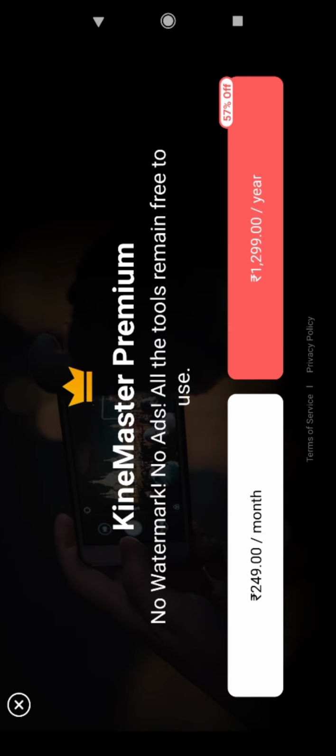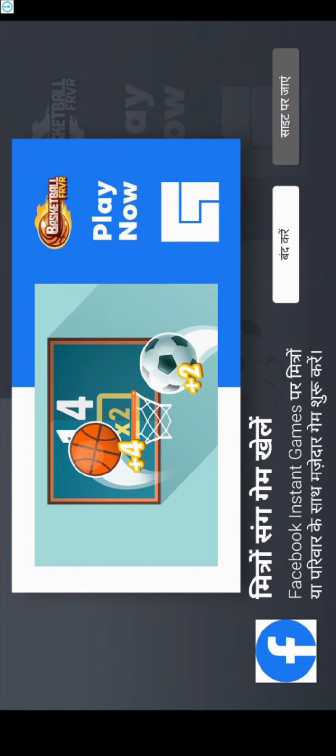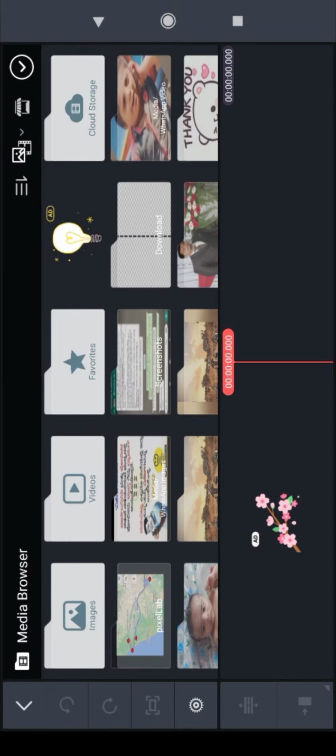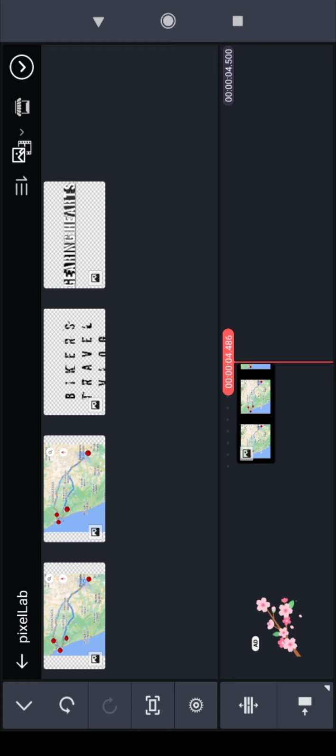So I will directly go to the project, and here you can select the aspect ratio, like if you're uploading it for YouTube or Reels or Insta or whatever. So I will select YouTube, and I will go for the next. Again I will face some advertisement. Okay, I will close it, and I need to search for where. Okay, this one, Pixel Lab. Okay, I selected